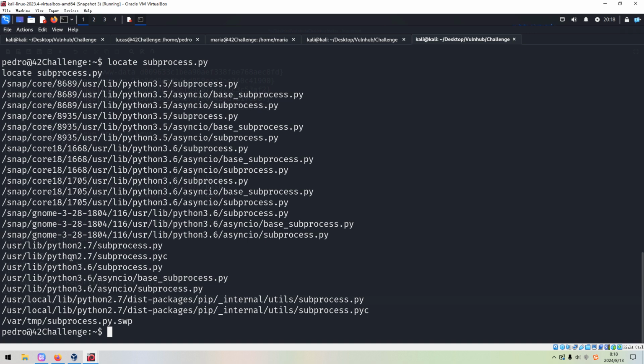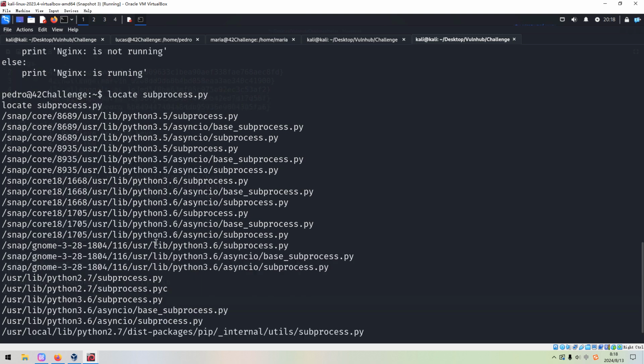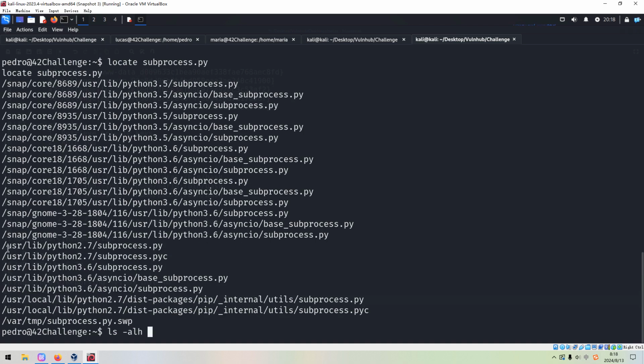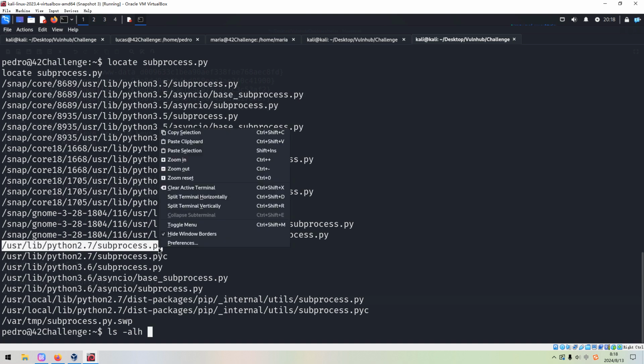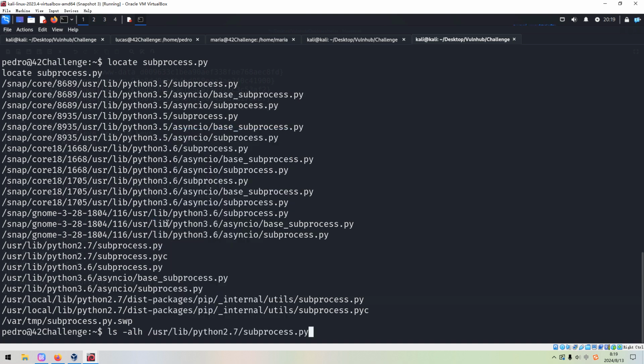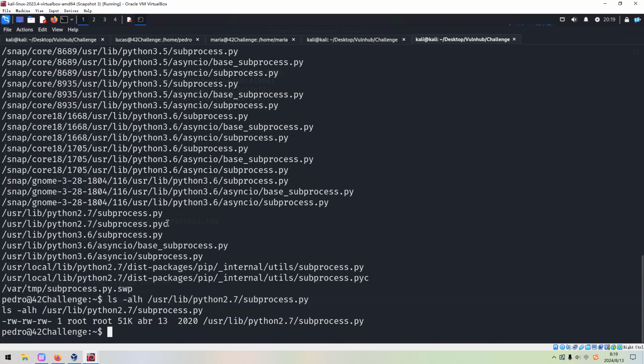Because both Python 2 and Python 3 are on the target, and I think this script is written in Python 2, I think we can check out the subprocess module of Python 2.